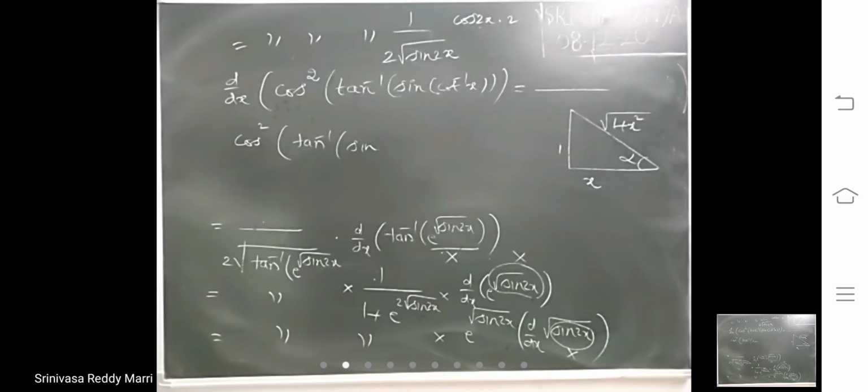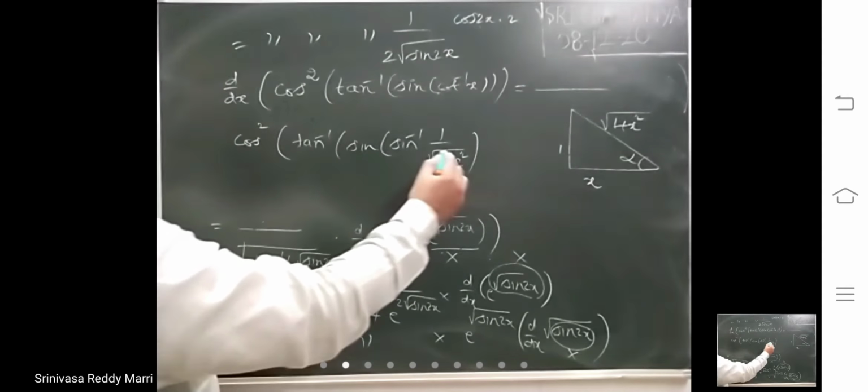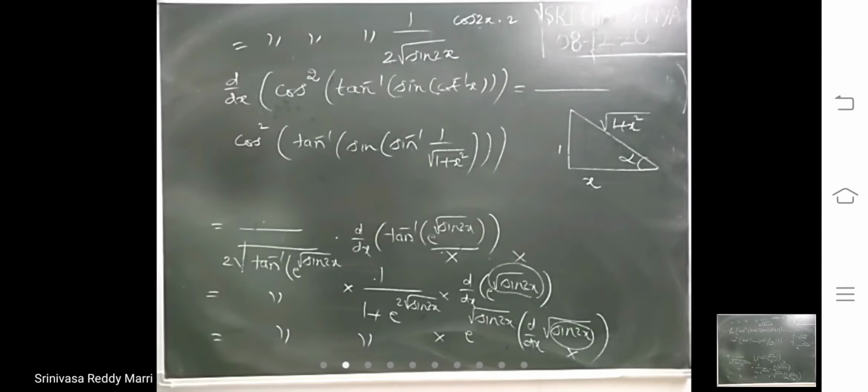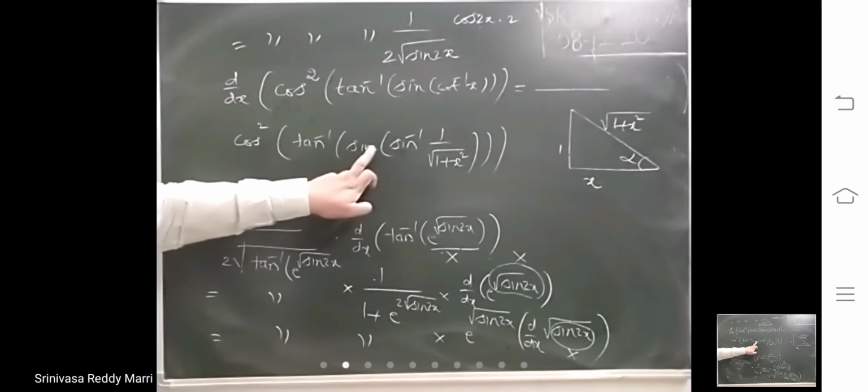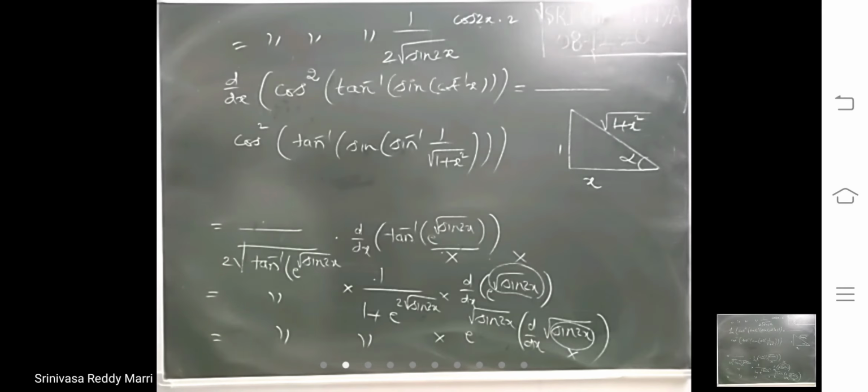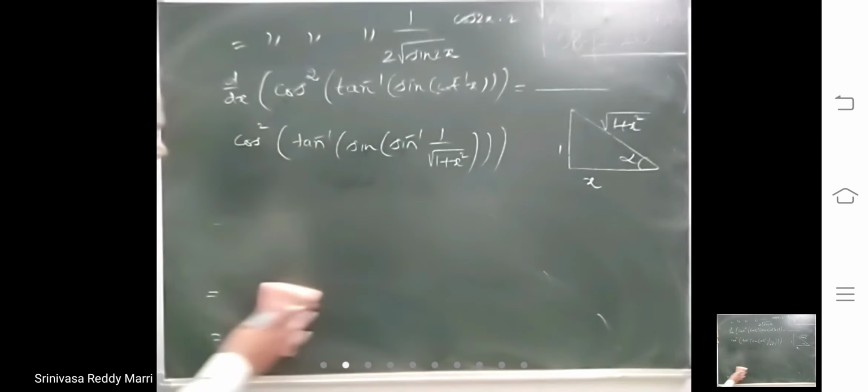Sine inverse of 1 divided by root of 1 plus x square. Now you know why I have written this: sine of sine inverse, these both will get cancelled. That means sine of sine inverse x is what? x. So that means you will get